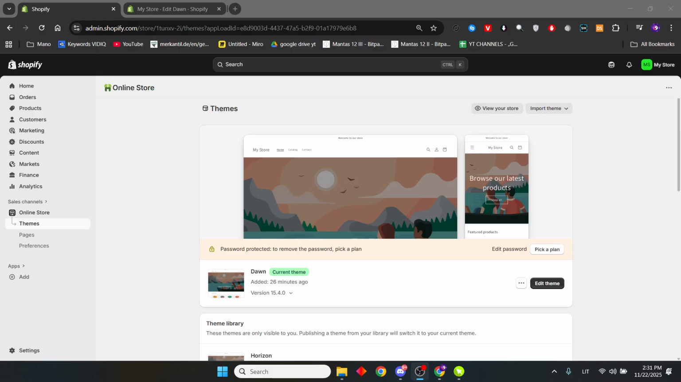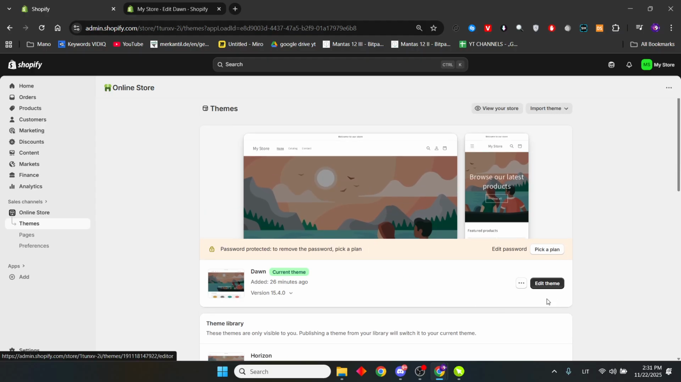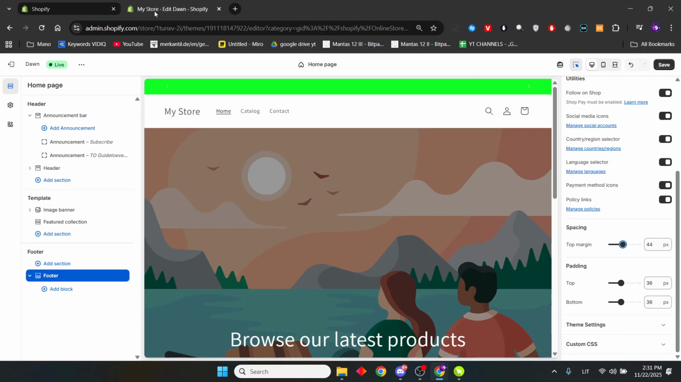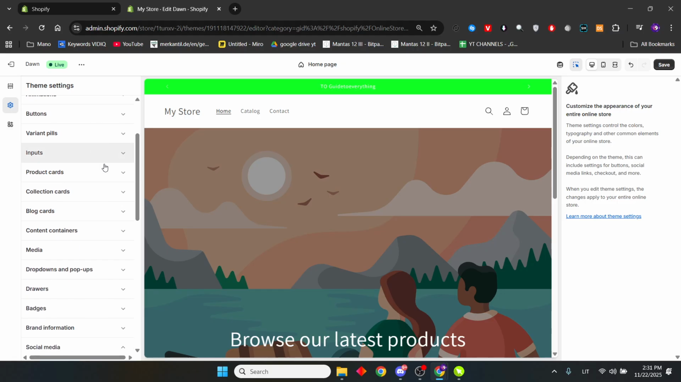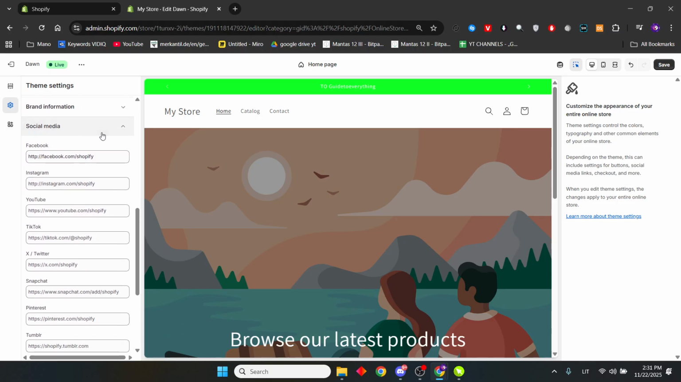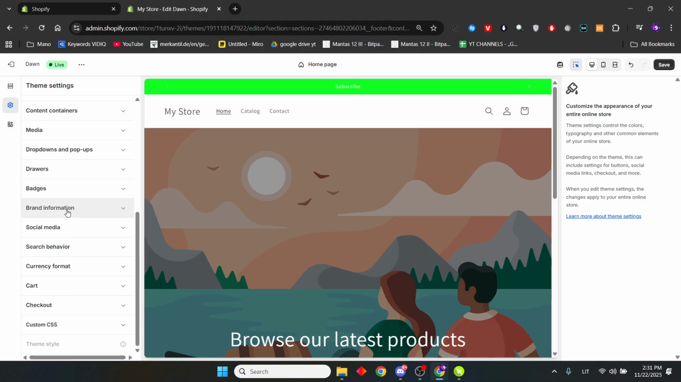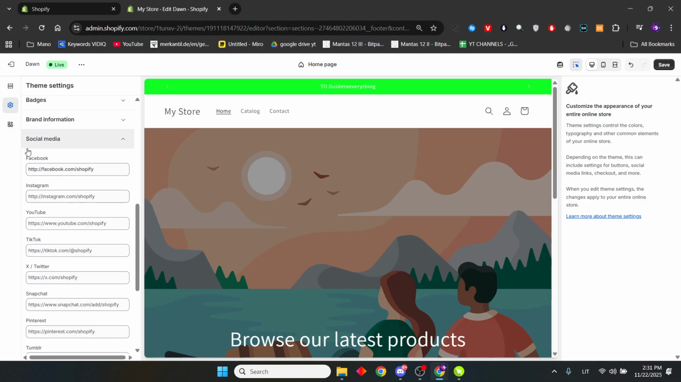So basically what you'll need to do is go to your Shopify store and click on edit theme. Then you will be redirected to this page and then click on the theme settings right here. Scroll down until you see social media. You'll see social media, click on this drop down menu, add your social media links, and then what you'll need